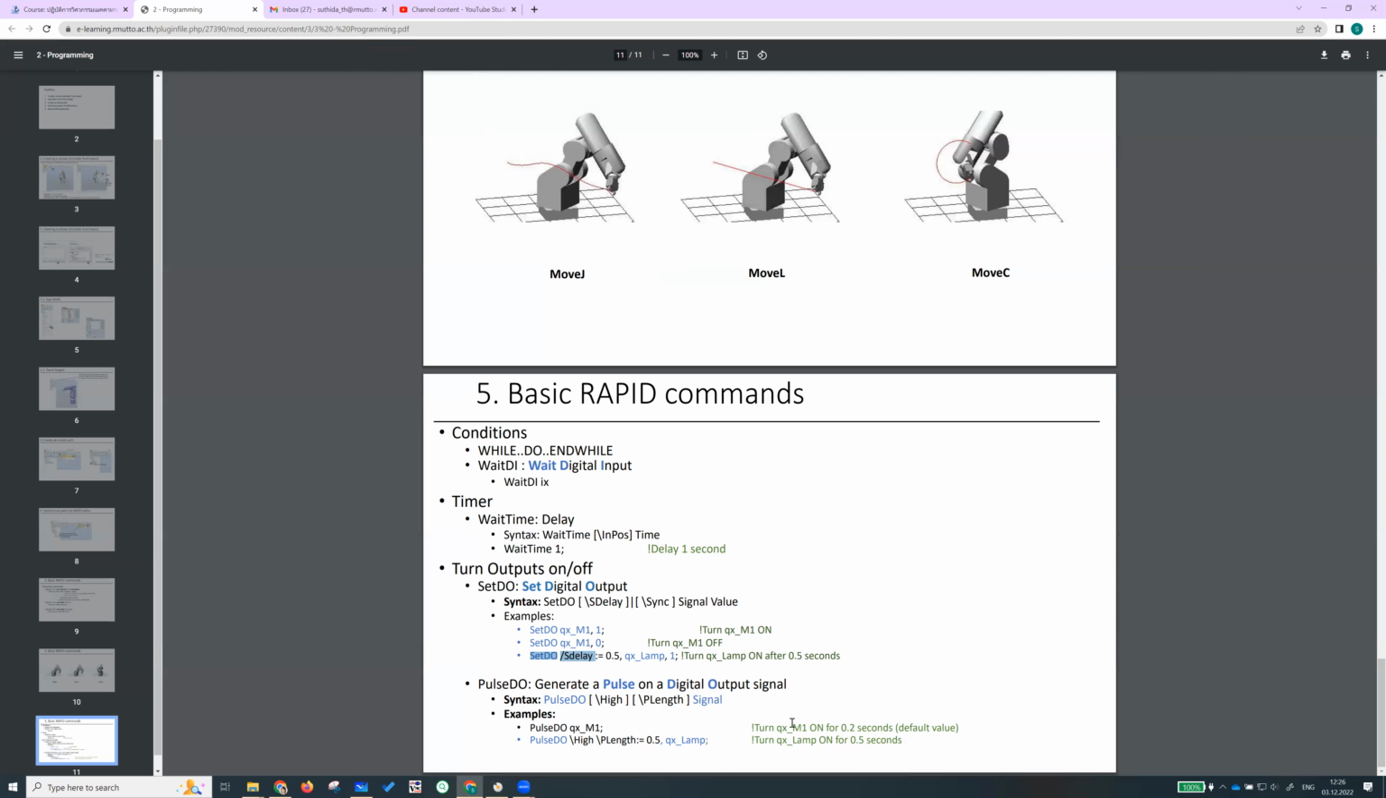only for 0.2 seconds. In this case, what we want is to always turn the vacuum gripper on